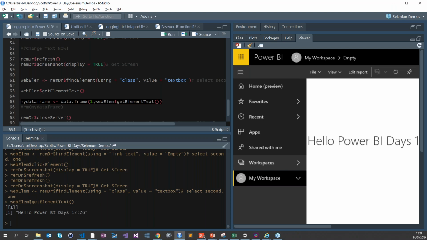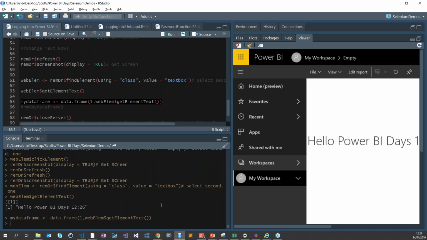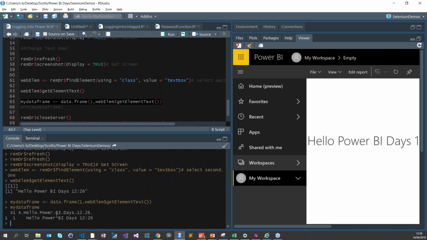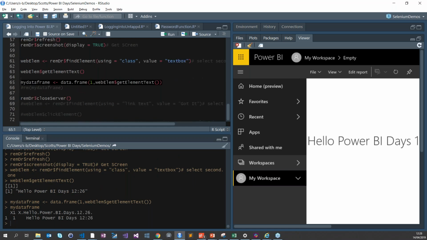And I thought a Power BI website would be quite good, so I can do this. I can make this into a data frame, and if I look at this data frame, it will give me some values. You see, I've got 2, and I've now got a report that just runs that inside of it. So if I show you the report, Power BI,